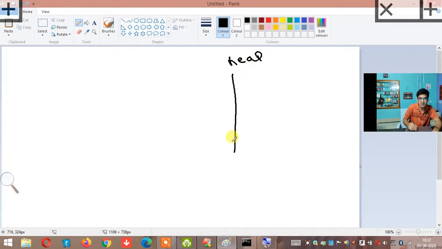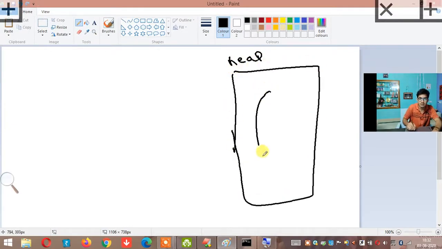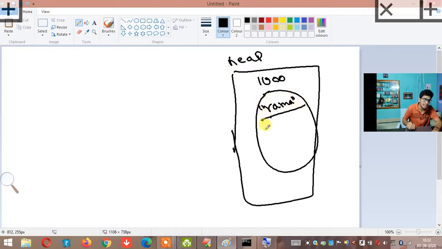Inside the heap, one object is created for you. That object has an address 1000. Rama will be there as the data part, but not only Rama, its methods will be there too, the String methods, that is length method, substring method, toString method. All these methods will be there in this object.